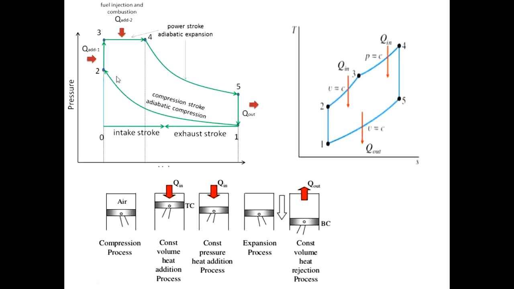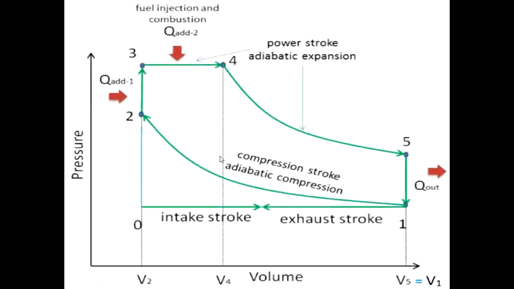From this you can see, as already explained, the volume is constant and the pressure increases enormously when heat is added, and then the volume increases slightly at constant pressure. This is how combustion takes place in the IC engine of the dual combustion cycle. So this is the PV diagram. Clearly note down that V2 is equal to V3 and V5 is equal to V1. This is a very important point for your derivation.